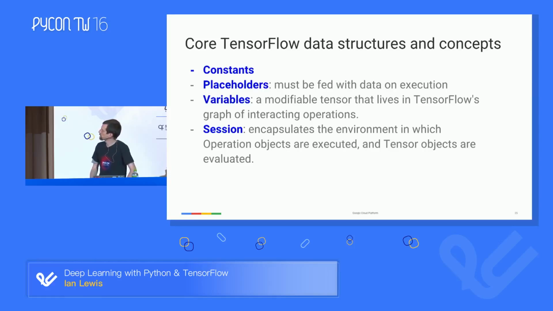Also part of the programming model are things like constants that you can change between runs. Placeholders are basically the input data to your graph. So this is basically saying, okay, I'm going to input this type of tensor, which is like an X pixel size image of a cat. Variables are the type of things like weights and biases that can be updated as the model is training. So things like the weights and biases you would define as these variables